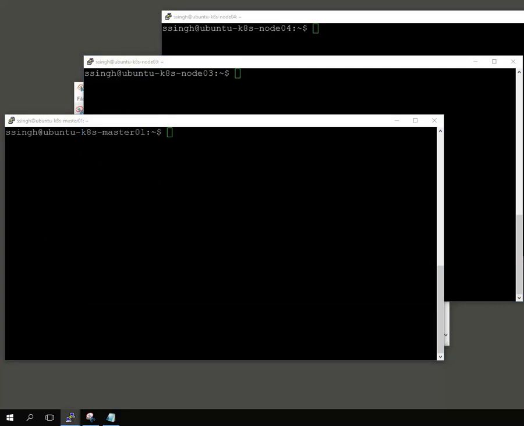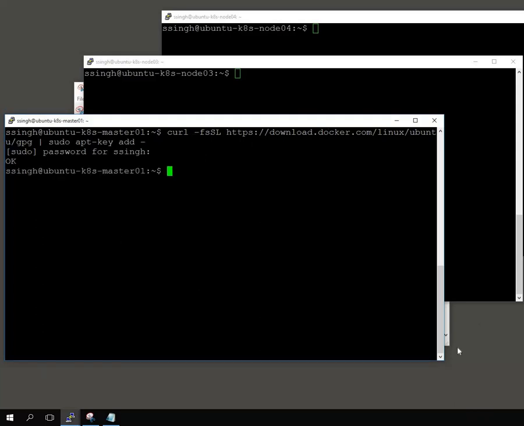I will just copy and paste the commands, and you will find these commands in the video description, so you can copy and paste as well. These are very long commands, so I don't want you to watch me typing. I will explain the commands. This first one will add the GPG key to the system. If I hit enter, you will get OK.